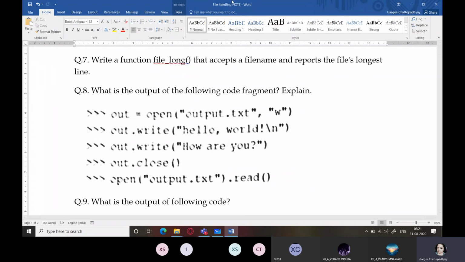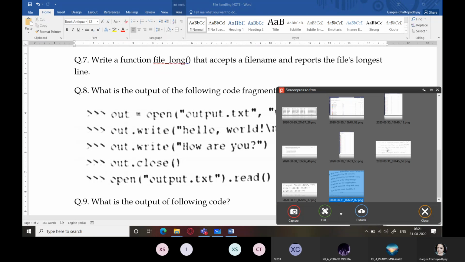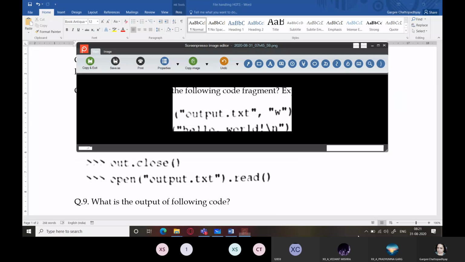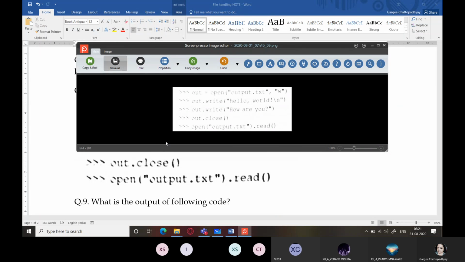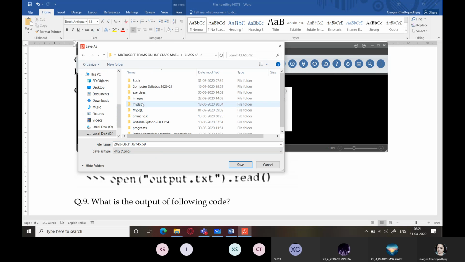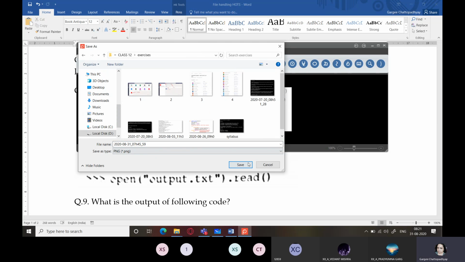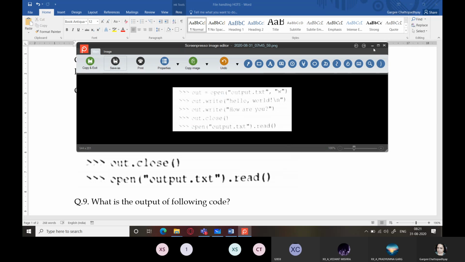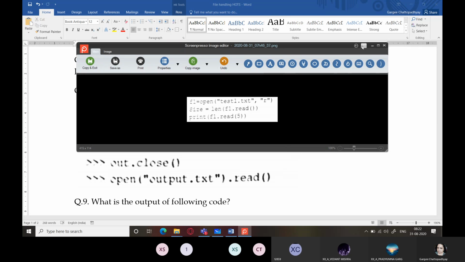I'll do one thing. I'll save it to Microsoft whiteboard only. Just a sec. Let's save all of these.